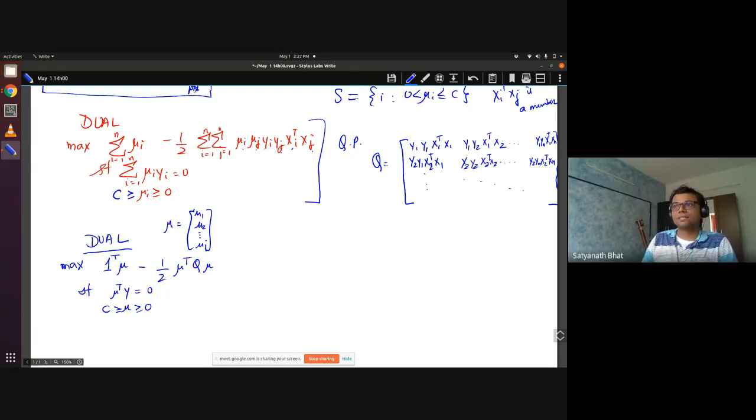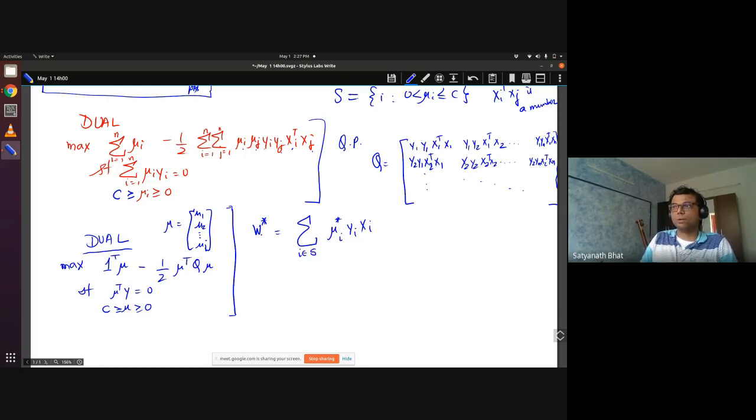Now, whenever you use quadratic program libraries, what you need to specify are these vectors and this matrix Q. You can specify this kind of input in your program, and it will give you all the solutions. Given the mu's, let me remind you how we constructed our solution. We get w star given by the summation of mu i yi xi, where I only consider i's that belong to the support vectors.